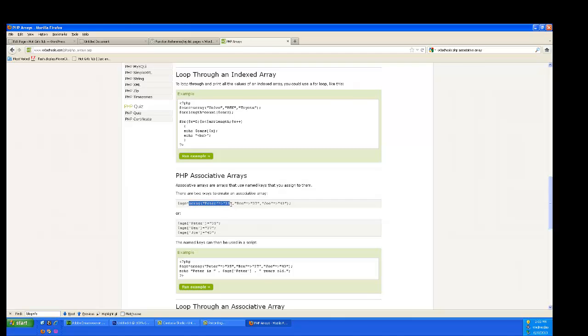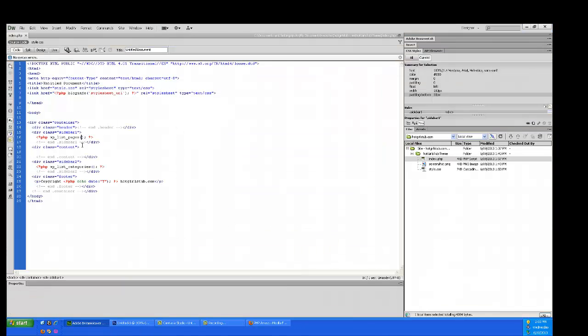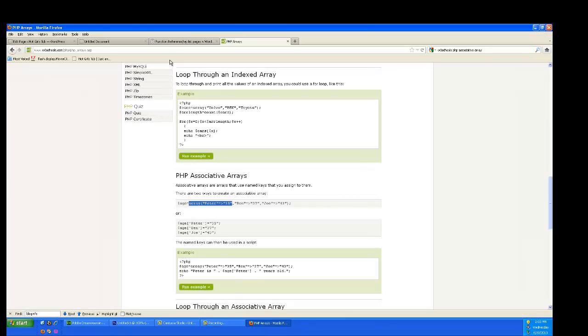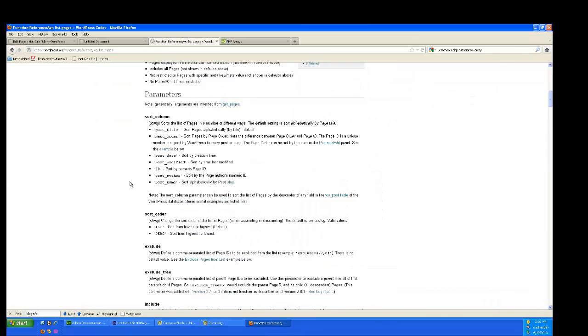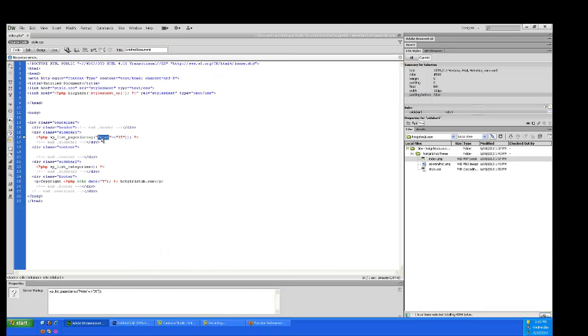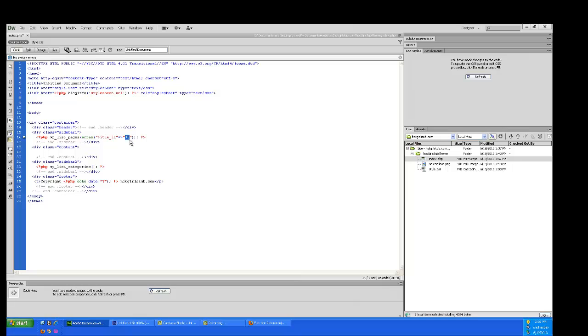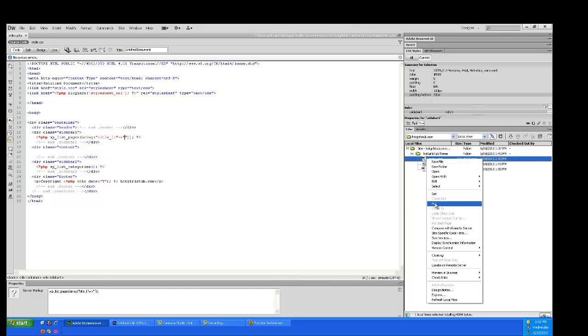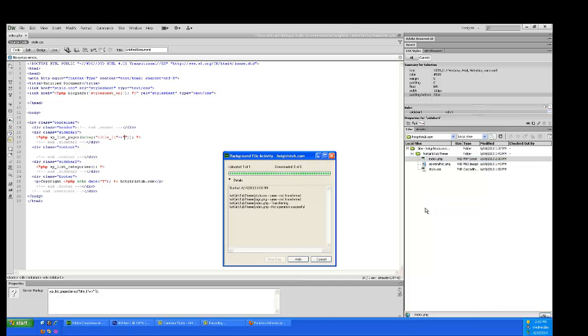Here it is. So that's what we want right there. We want to pass in an array like that, and we want to make it so that title li is equal to nothing, and that should get rid of the title for us. So if we paste that in here and get that to empty, that should get rid of the title on the pages output. So I'm going to put that on the server,